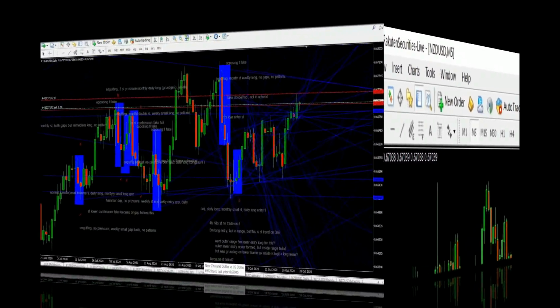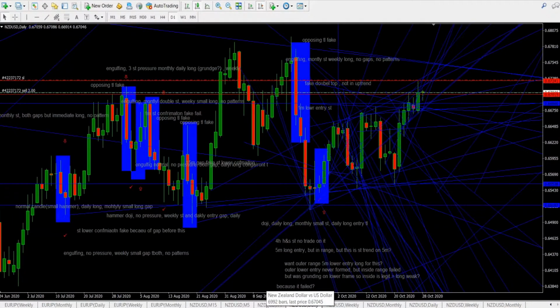Here we go. This trade was on the NZD-USD currency pair on October 28th, 2020. It was a total of 5 lots shorted, which equals $50 per pip. It was sold at 0.6704 with a 21 pip stop loss at 0.6725, which means I am risking $1,050 with a target at 0.6510, which means my reward is